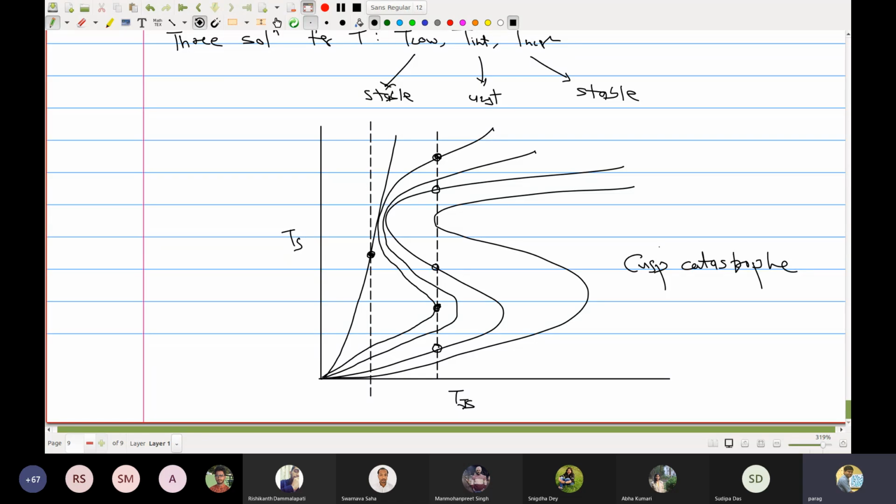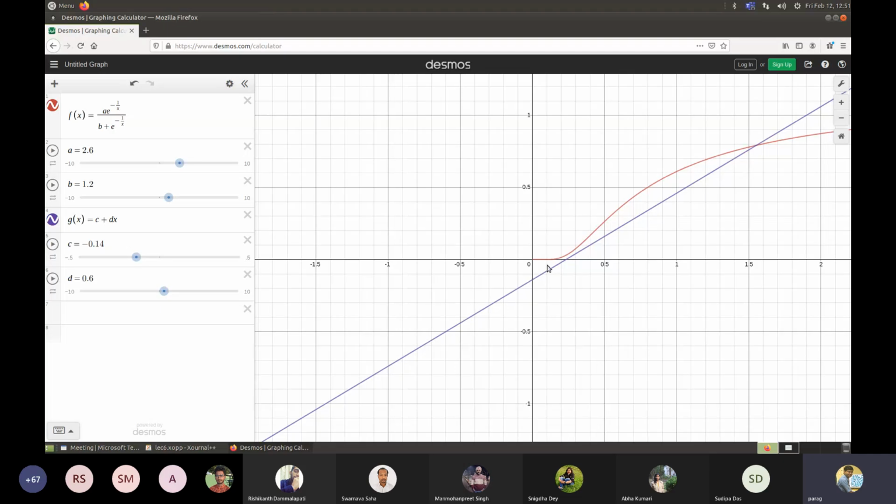There is no control of your reactor temperature depending upon the value of the temperature which you set for your jacket. And why does this happen? Let me ask you this question: why is this entire thing happening? It is happening because of one simple fact, that you have two curves here. The first curve is the heat removal curve, and this is a straight line, or even if the constants C and D are non-linear in their dependence on temperature.